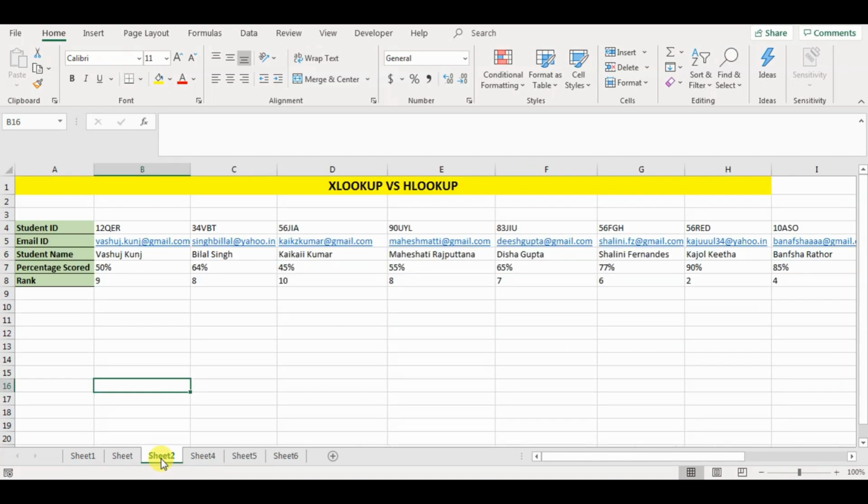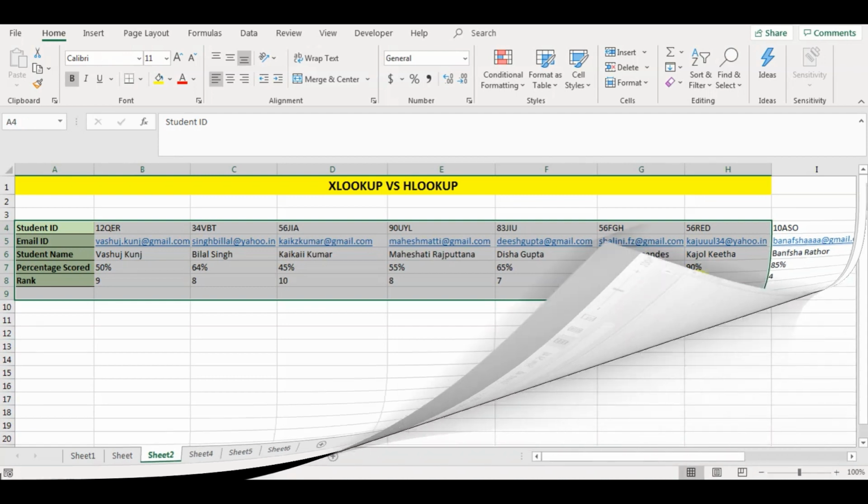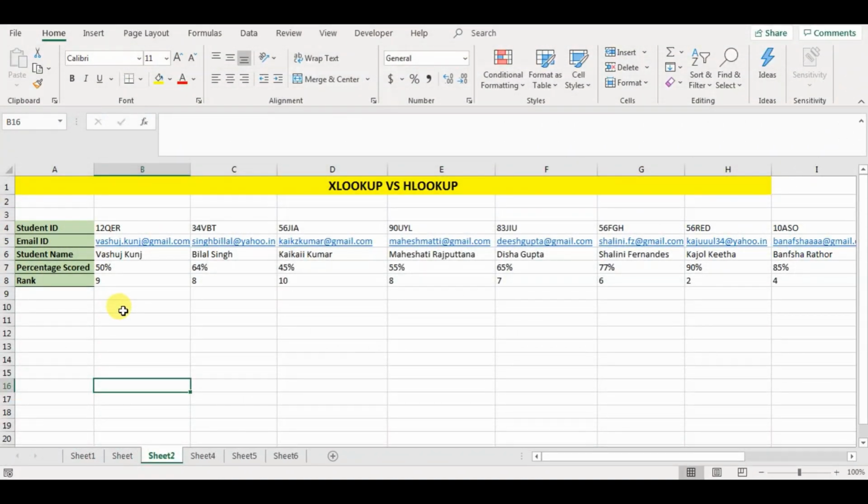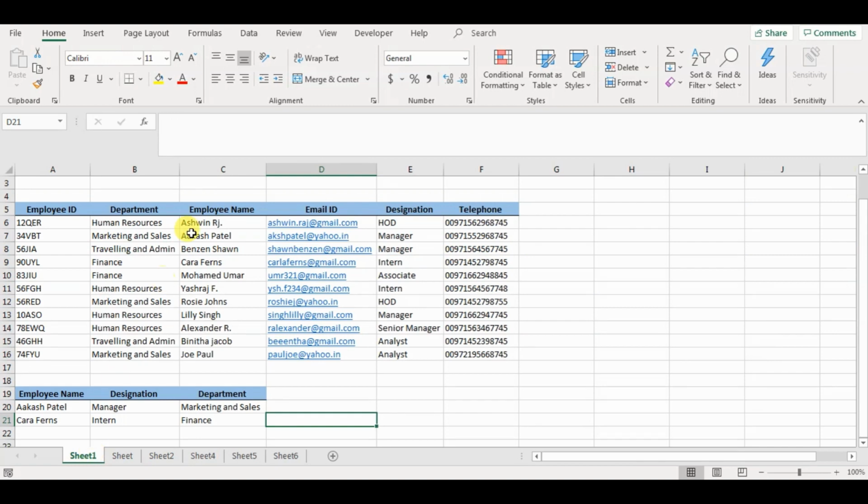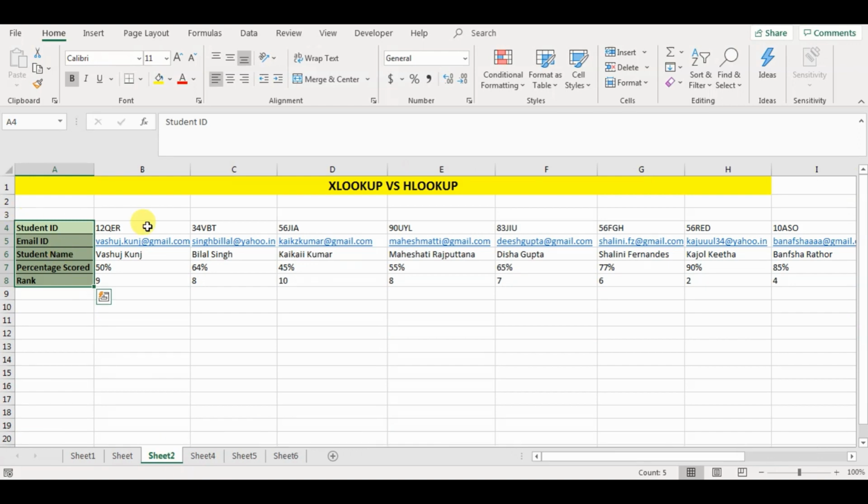Now I'm going to show you how XLOOKUP can also replace HLOOKUP, the horizontal lookup. HLOOKUP is used for retrieving information from a table when data is arranged in this horizontal way. As an example, here I have sample student data that talks about student ID, email ID, their name, percentage, code, and their ranks. Now if you notice here, the headers are aligned row-wise. On the other hand, for VLOOKUP, it was aligned column-wise. Every column had different headers. Here, every row has different headers, and the data is arranged row-wise.